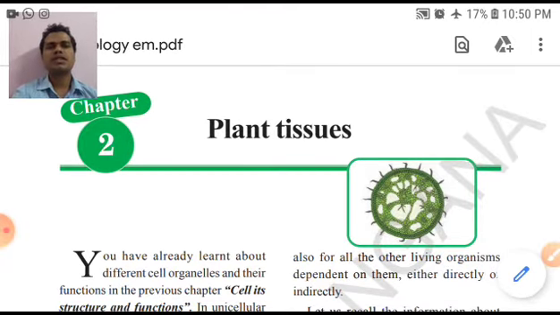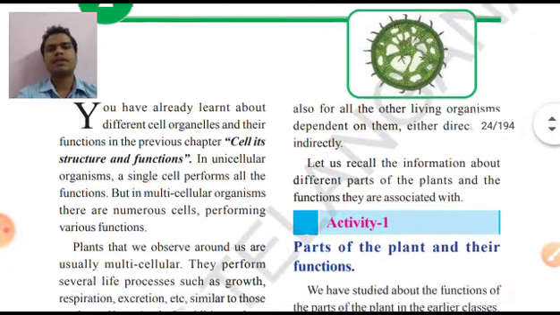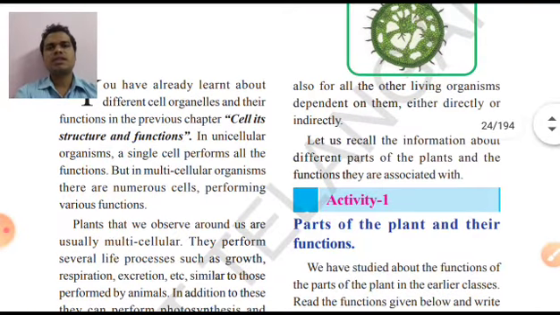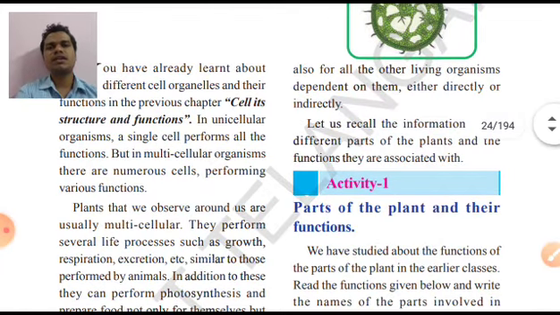Now here, as we are discussing plants, we have to discuss plant tissues. In the previous chapter we discussed the cell, its structure and its function, what parts are present inside it and what work is performed by them. So here some cells are performing some important functions. One is producing protein, one is producing lipids, one is producing electricity, one is killing outside organisms, and one is giving protection.